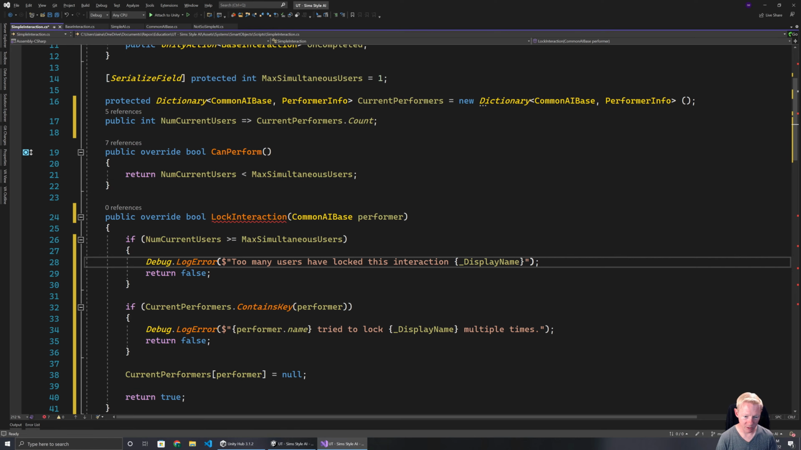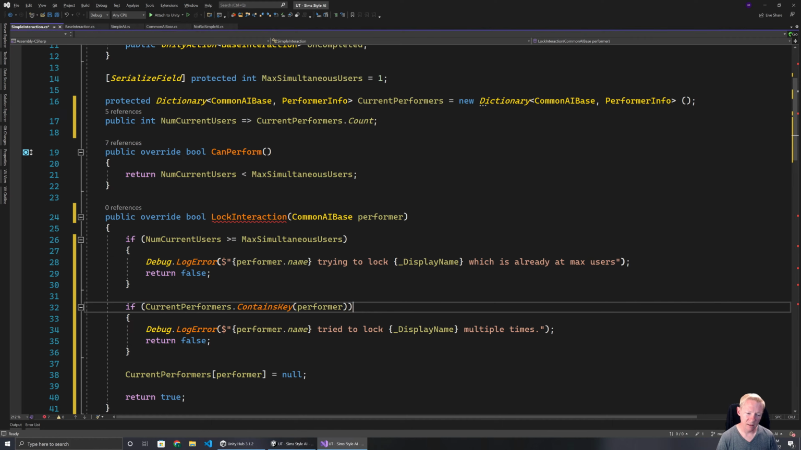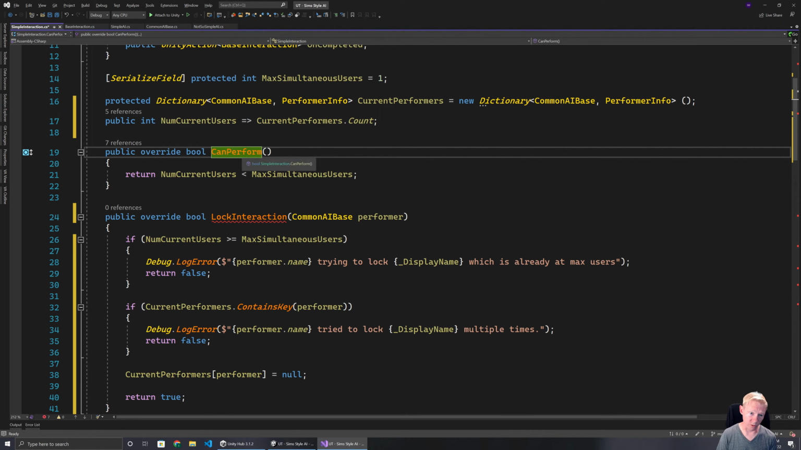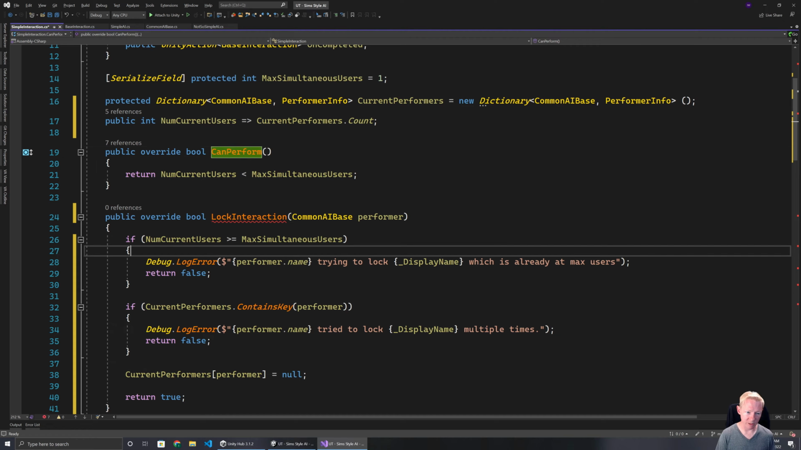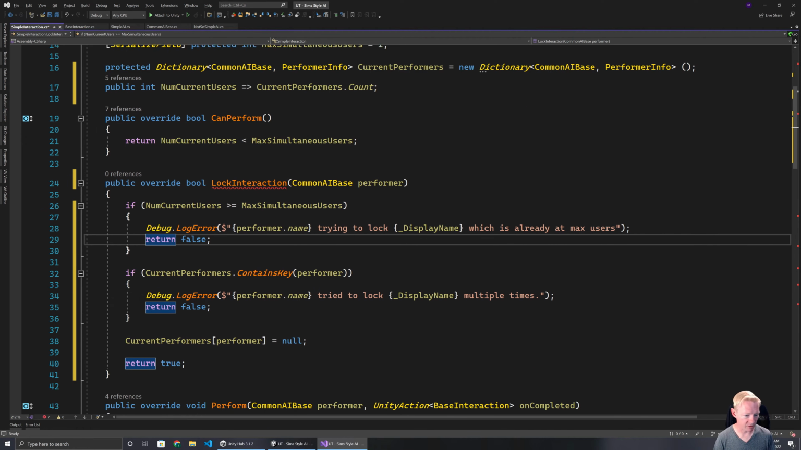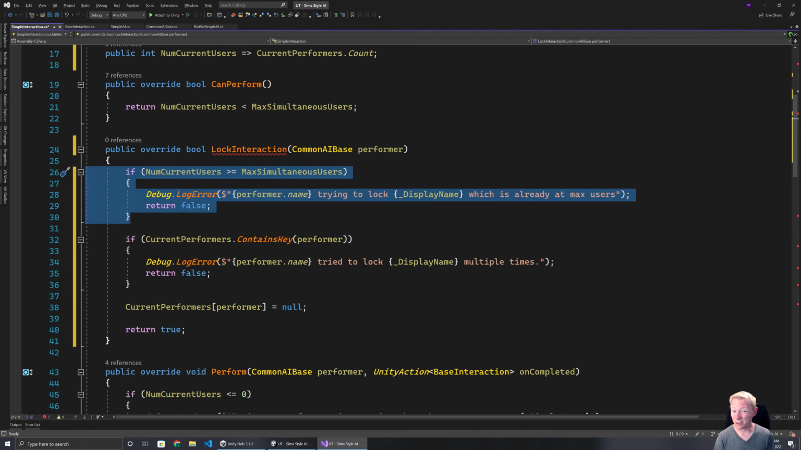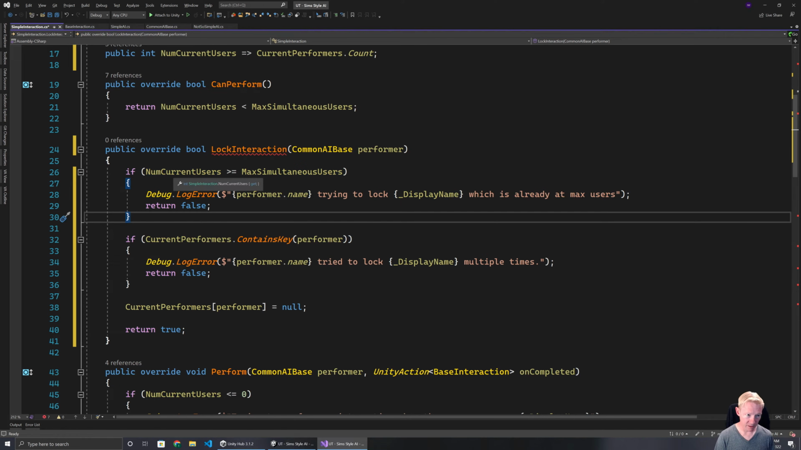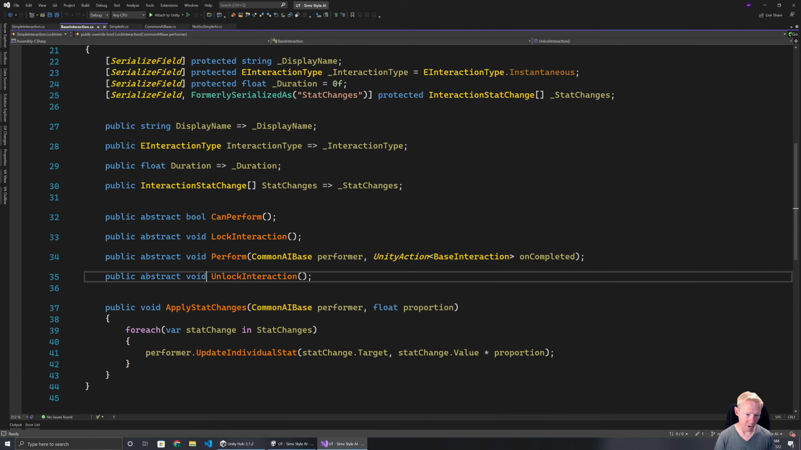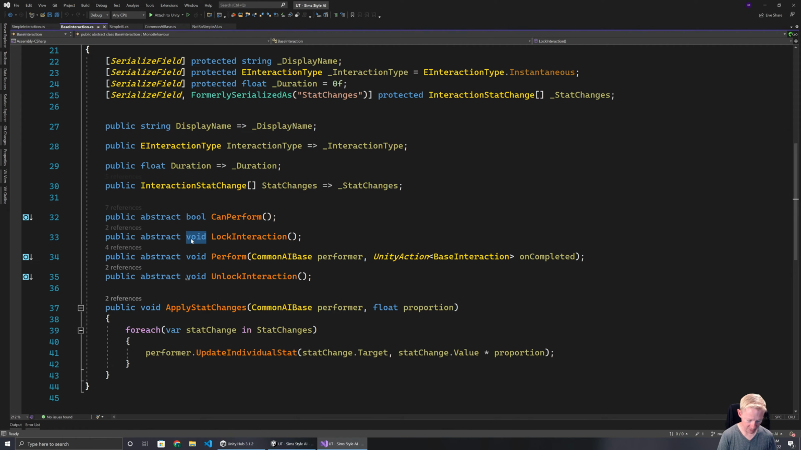because what I would do is also indicate performer.name trying to lock display name, which is already at max users, because that's something that, again, AIs should be using can perform to check if they can lock it. They should be doing that before they try and actually lock the interaction. So this indicates likely that code has ignored that limit. So that's good. Now, base interaction, we're going to have to go and update this so that lock interaction returns